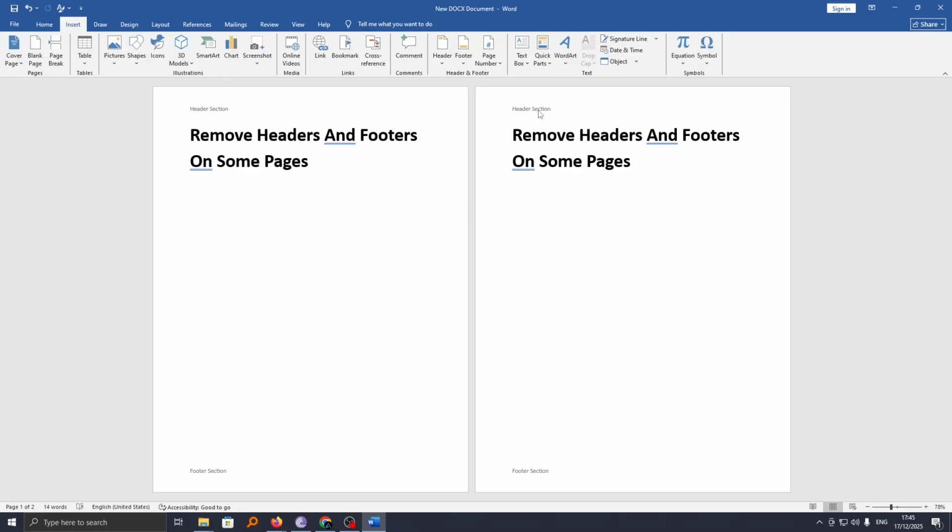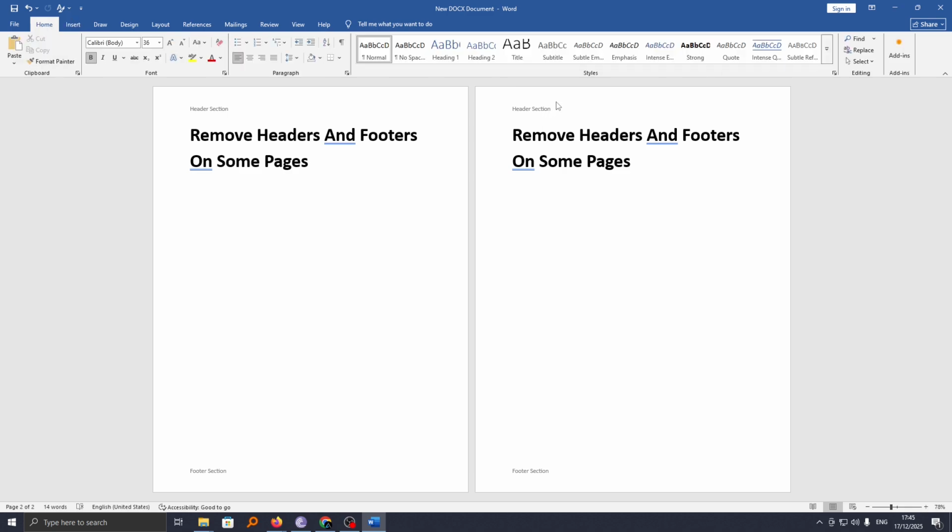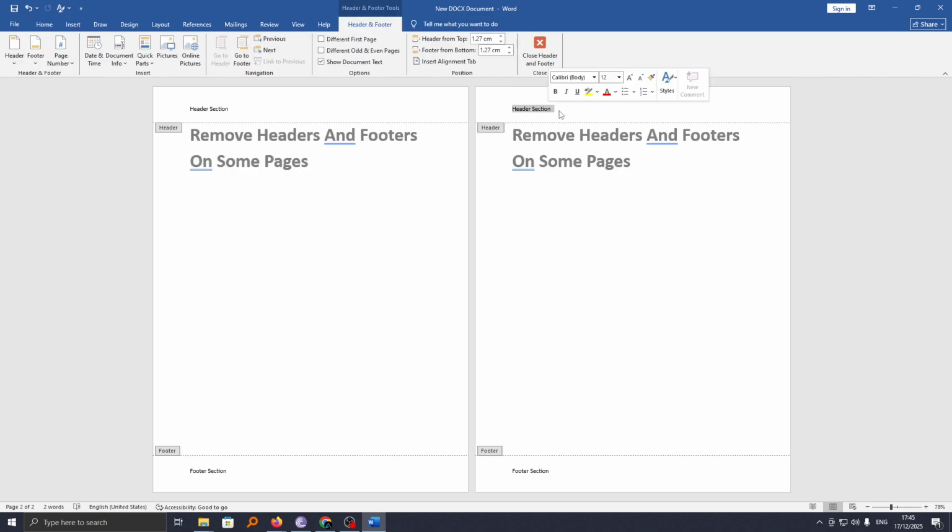Now to remove the header on this second page only, just go ahead and double click on the header section or footer section, and as you can see, all the header and footer sections will be highlighted. But the problem is, if I go ahead and backspace or delete any wordings from the header, you can see it will delete on all the pages, but I don't want that. What we only need to achieve is to delete the header on this page while retaining the header on the